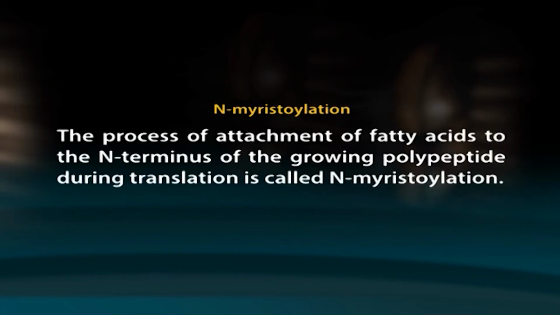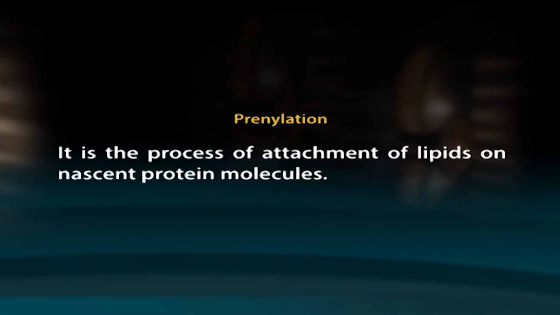Now, N-myristylation. The process of attachment of fatty acids to the N-terminus of the growing polypeptide during translation is called N-myristylation. Now, prenylation. It is a process of attachment of lipids on nascent protein molecules. In prenylation, a specific class of lipids called prenyl groups are attached to the sulfur atoms in the cysteine residues of a polypeptide chain. Many plasma membrane associated proteins involved in the control of cell growth and differentiation are modified